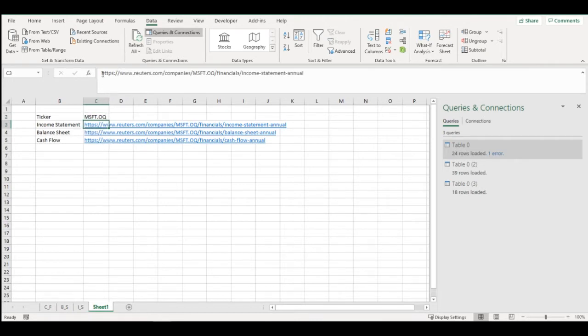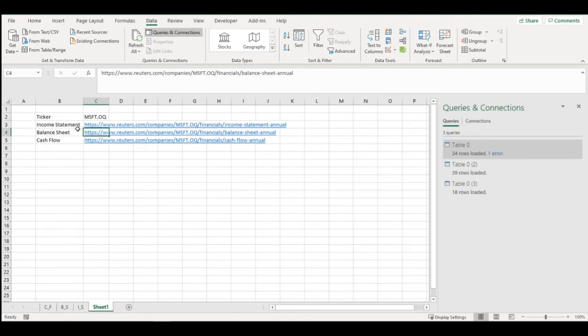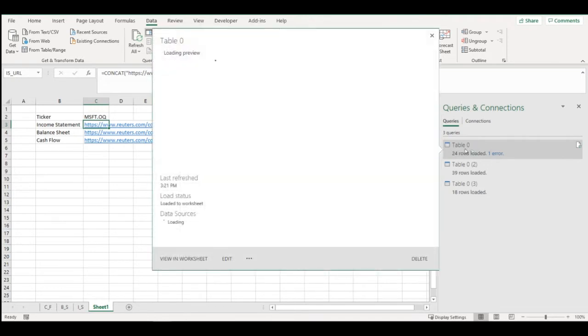First, I need to change the URL that I used to something more flexible. So I will use the concat function. Change this ticker symbol to the value in cell C2. And now this link will change whenever I change the C2 value. I will name this IS URL